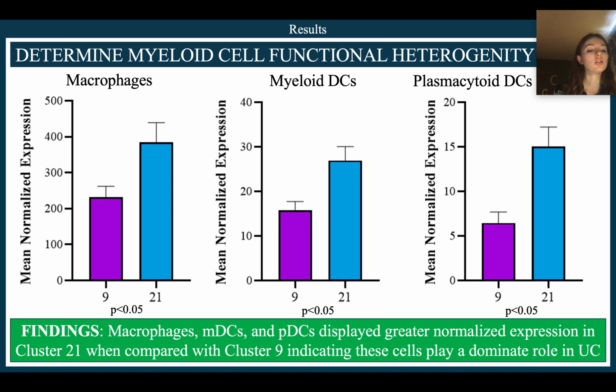So if you recall, cluster 9 and cluster 21 is slightly more indicative of UC pathogenesis. So if we were to expect a cell type to be displaying a greater role in UC, then we would anticipate that it have a greater normalized expression value in cluster 21 when compared with cluster 9, which is exactly what we found for macrophages, MDCs, and PDCs, which indicates that macrophages, MDCs, and PDCs are playing a greater role